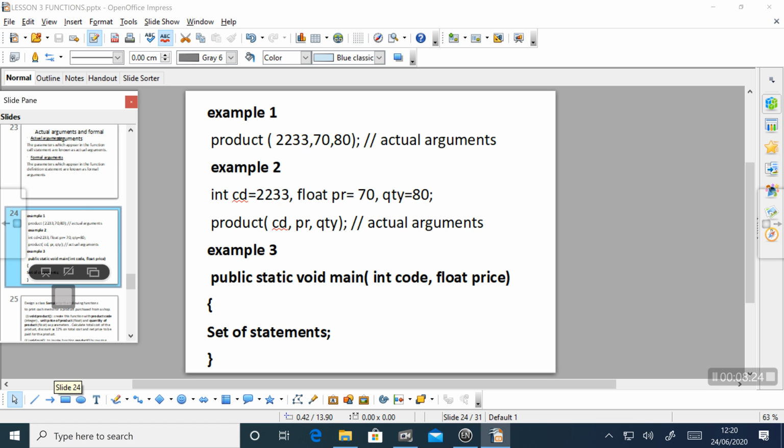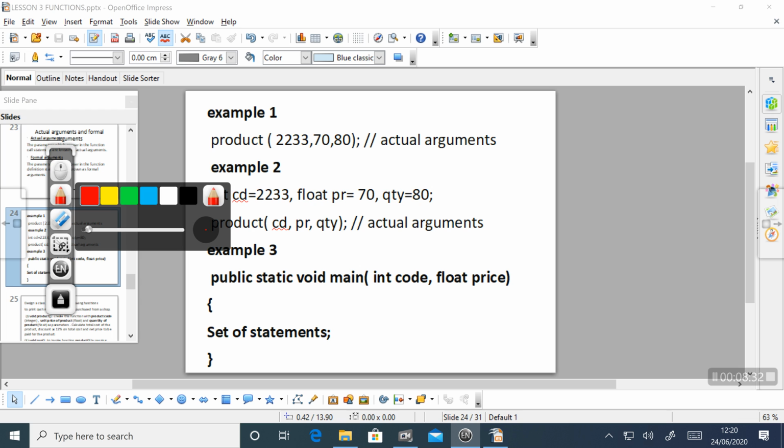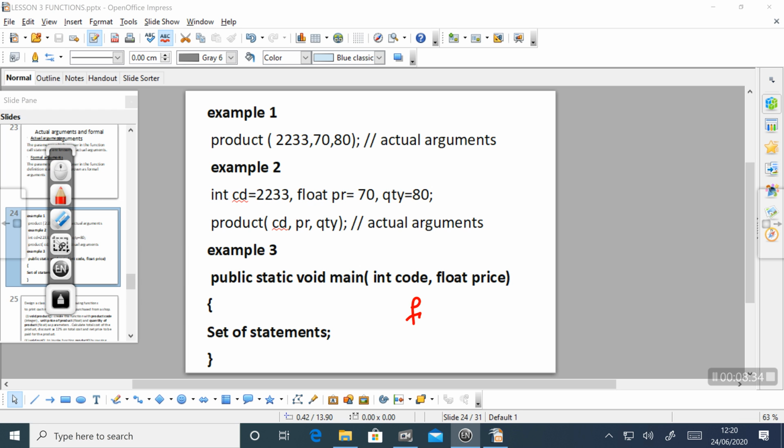And look at example 3. Public static void main, int code, float price. This is a function definition. These are the arguments inside the function definition, so these are formal arguments.